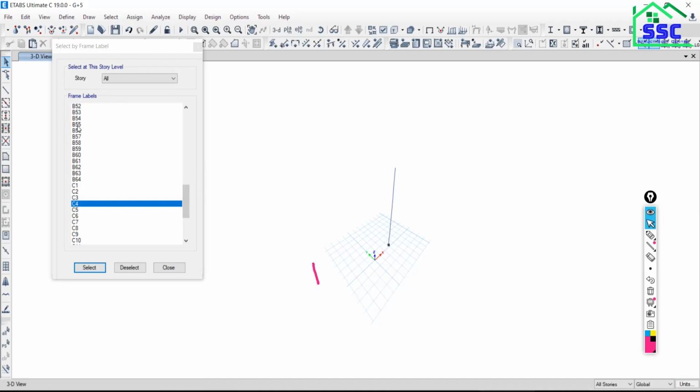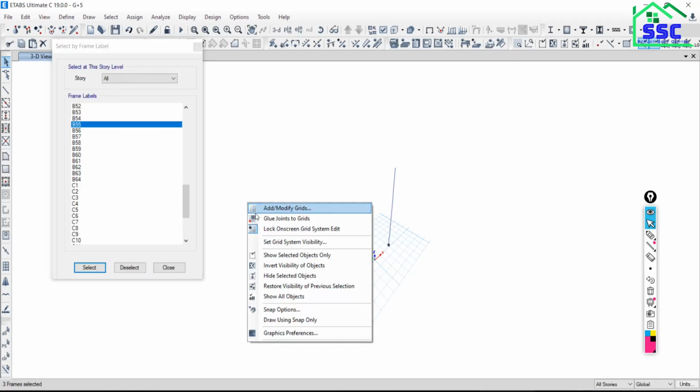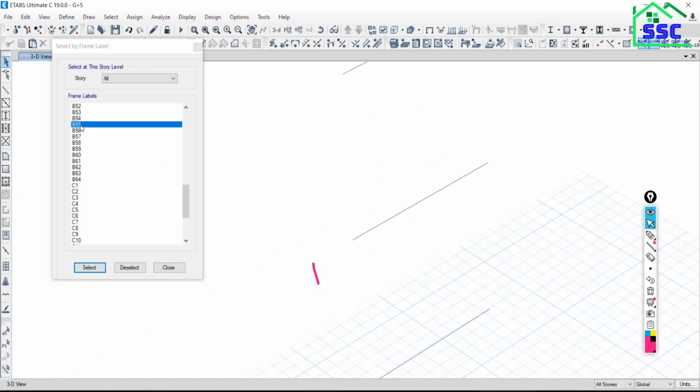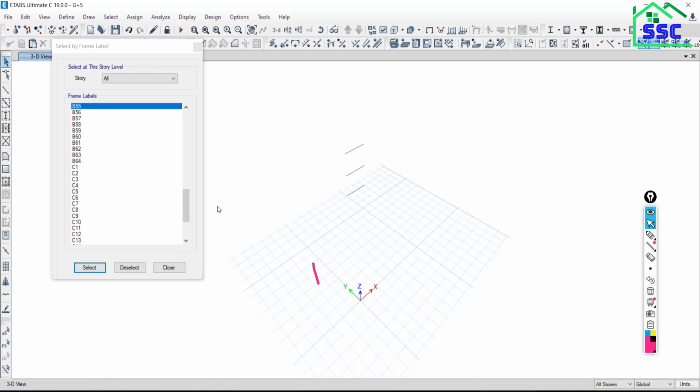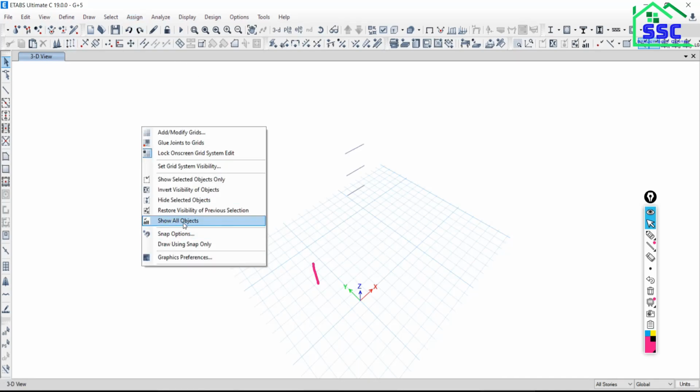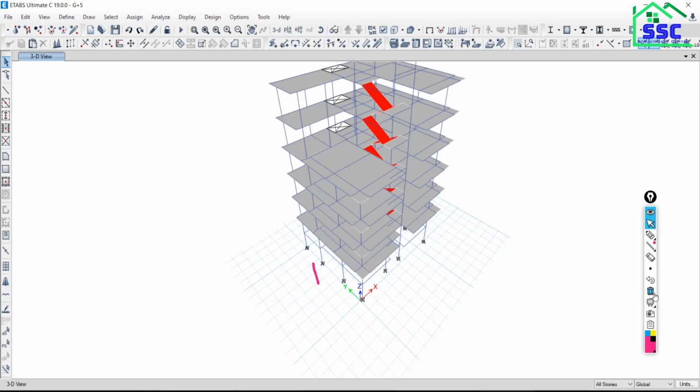Okay, sir. Suppose you want to select the B55 beam, say select and just right click on the window and show selected objects. So all the beams of B55 are in selection. Is that okay? Okay, sir. So you can also make the selection by the labels. Just click over delete, so all these things will be deleted. Sorry, we don't want to delete. Just right click on the window, show all objects. So all these things will be available. Set these all. Is that clear?